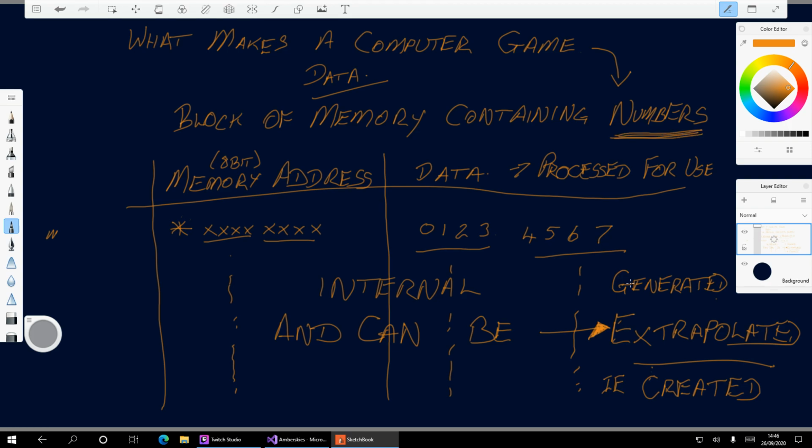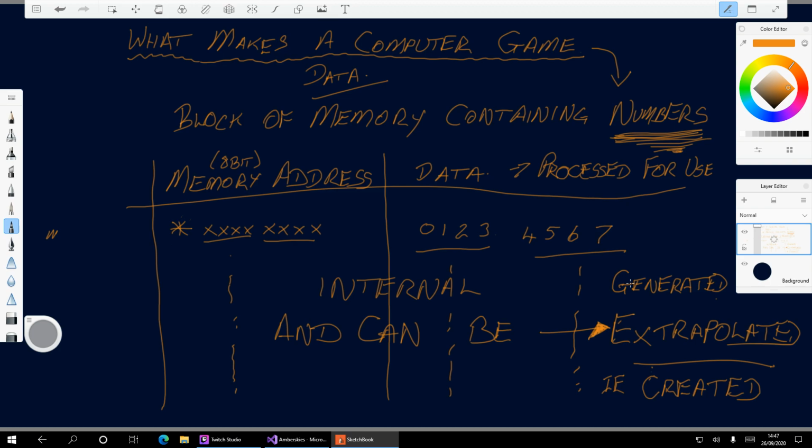I can't underline that enough, because that's exactly what makes a computer game. So that's the title of this section, what makes a computer game. And that is the factual answer, numbers.